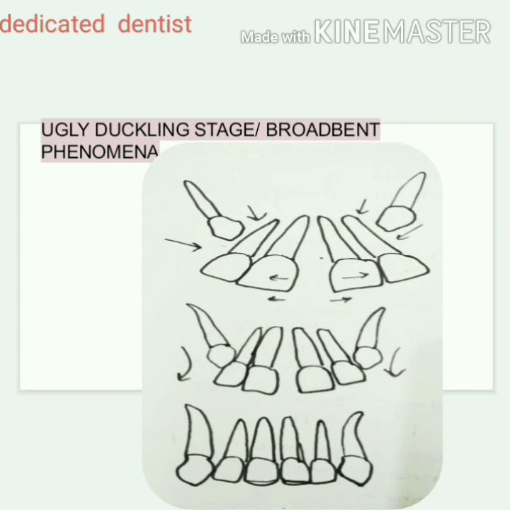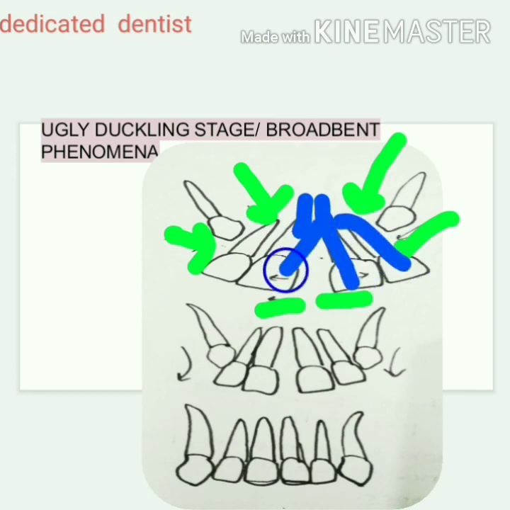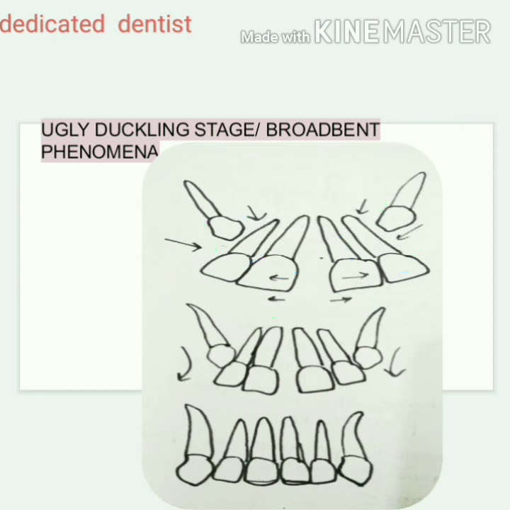So, as these canines erupt, they diverge these incisors, the central incisors. Now, when they are present inside the jaw and they start erupting, they produce a force on the roots of the lateral incisors, and this force is transmitted to the central incisors, and thus the central and lateral incisors diverge laterally because of the force of the erupting canine, and it appears like a midline diastema.